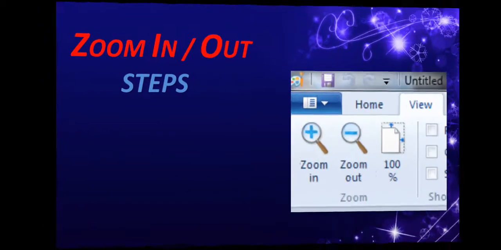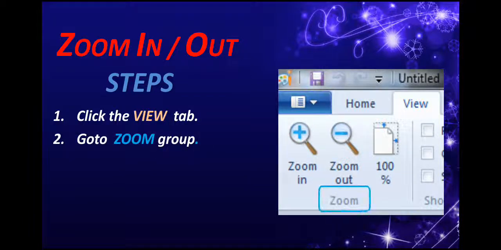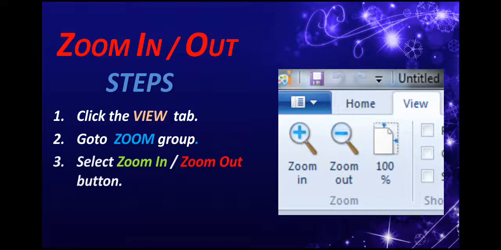Look at the steps. First, click on the View tab. Where is it? Here is the View tab. Now for accessing these options, go to the Zoom group. There is the name of the group. The Zoom group has the following options. Select the zoom in or zoom out button.